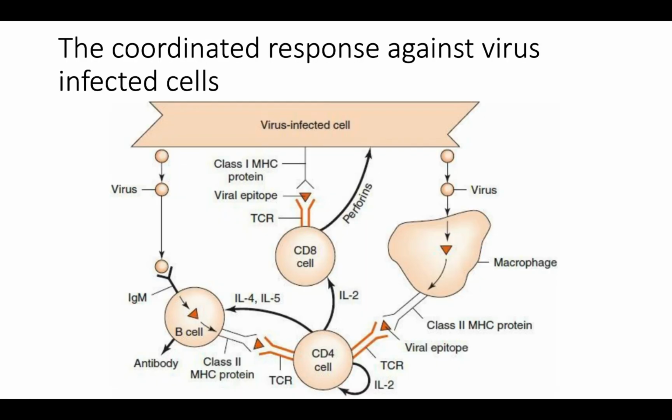So the coordinated response against virus infected cells. So this is the virus infected cell. This is the T cell for example, or rather the B cell, T cell independent activation or B cell presentation to CD4 cells, or T cells here. So the virus came out of a cell, destroying it. This IgM is specific to this antigen, seems like, and this is an activating antigen, so we can start making